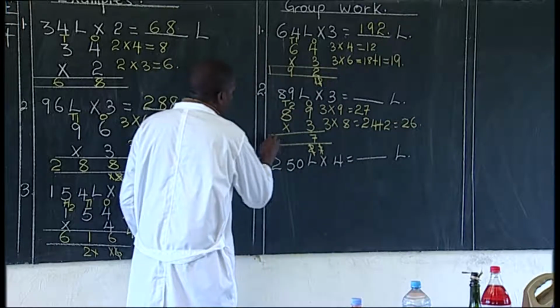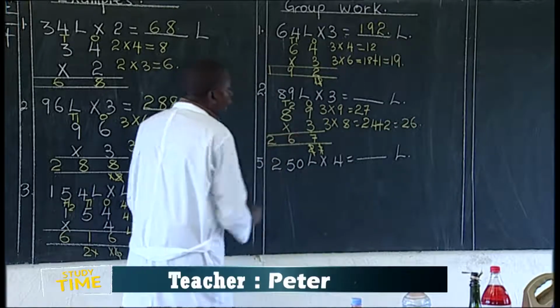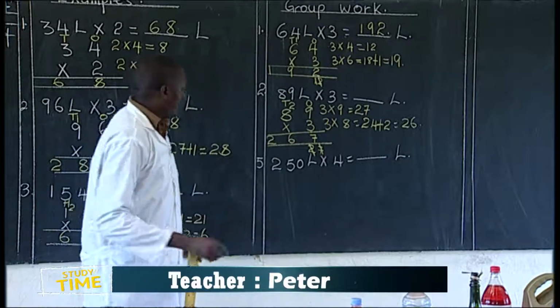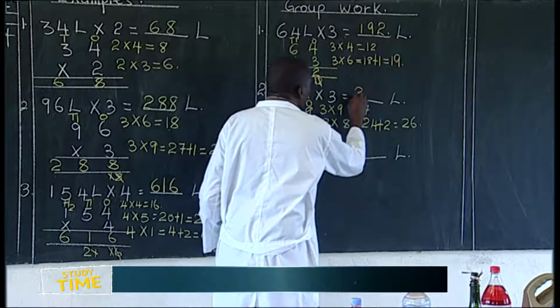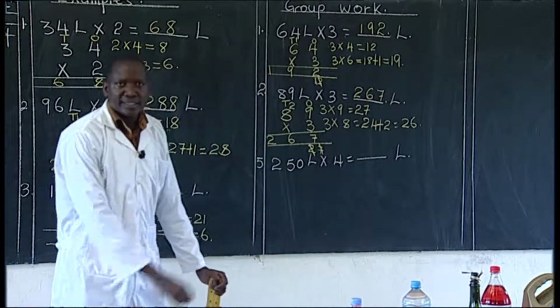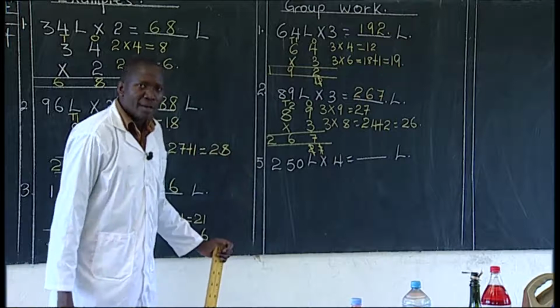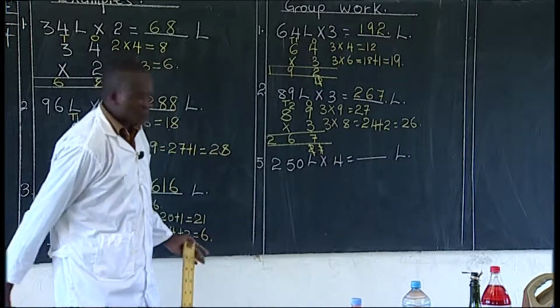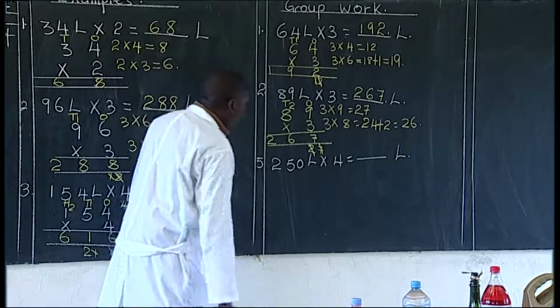We shall come and say our answer will be 267. So we have 267. We have the last number. Have you marked this one? Then you are the best. Quickly, number 5. We shall say